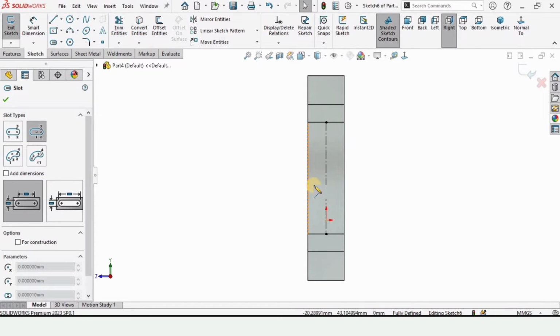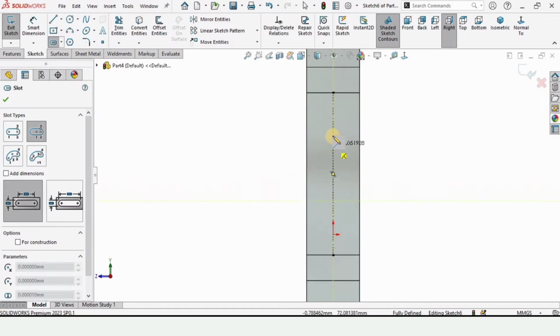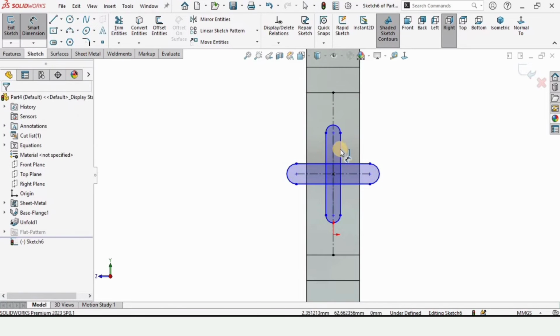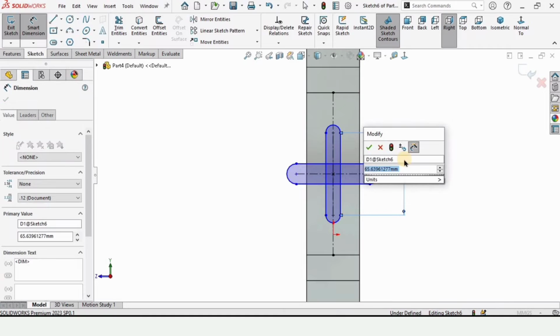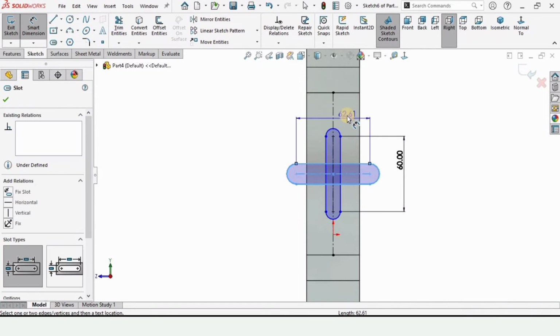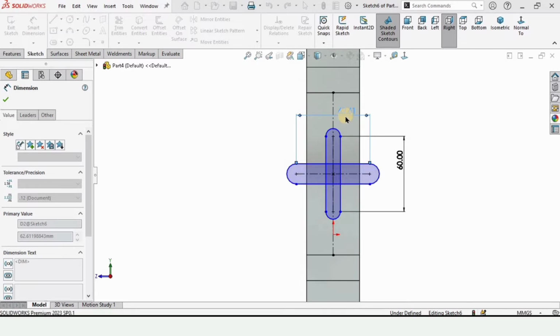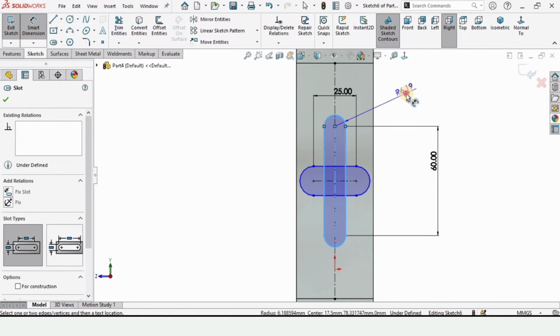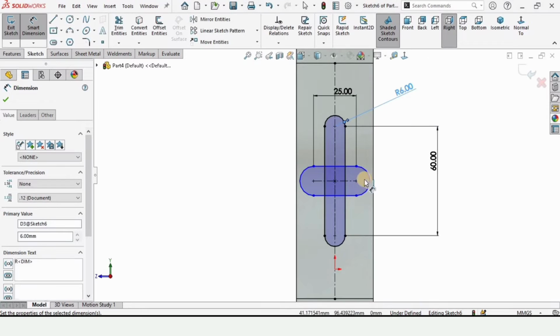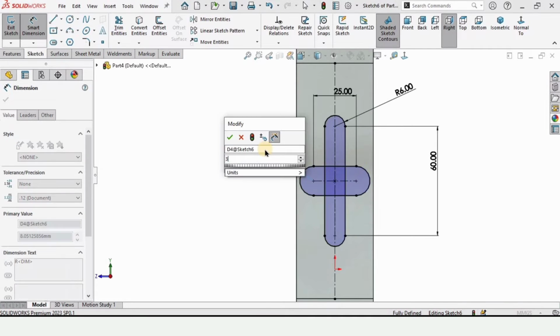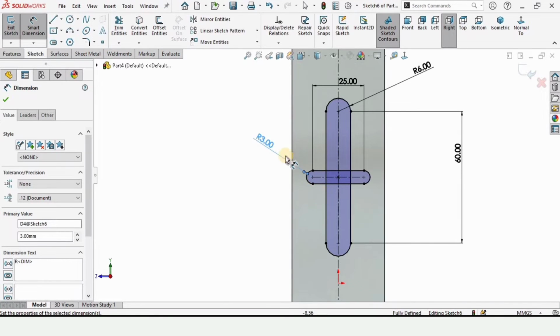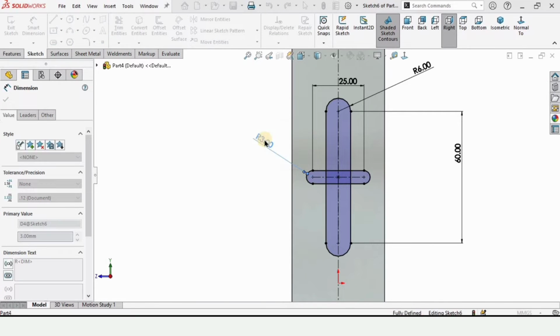select a slot and make a slot like this. Now make another slot here which is perpendicular to the previous one. Now select the Smart Dimension tool and specify the length and radius for these slots. The length of the first one is 60 and this one is 25 millimeters, and now let's specify the radius for each arc. For this let's specify 6, and for this one, 3 mm is a bit short, so let's specify 3.5 millimeter. Now this looks fine,